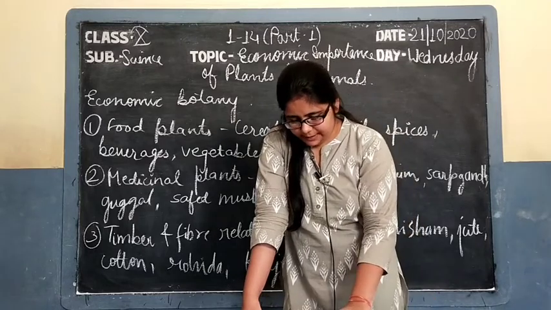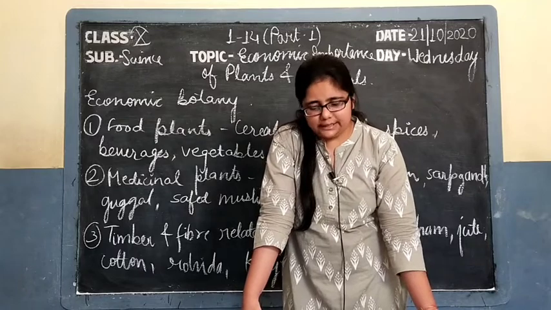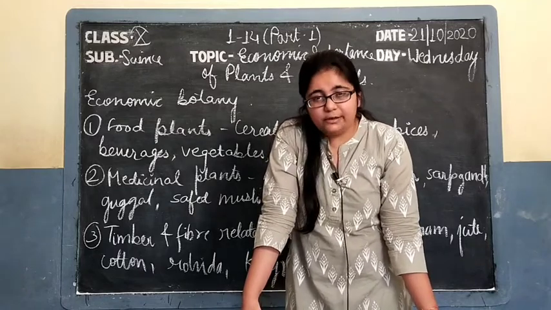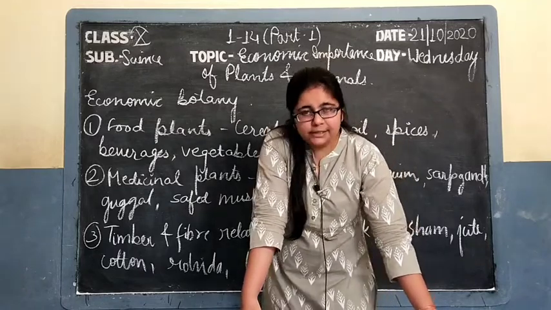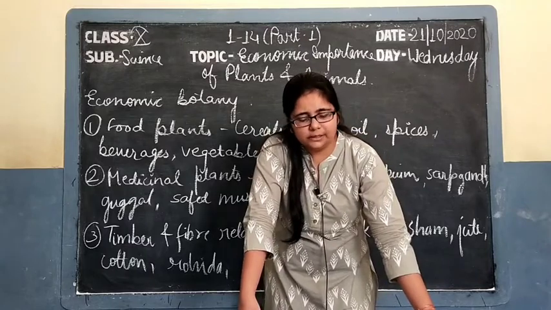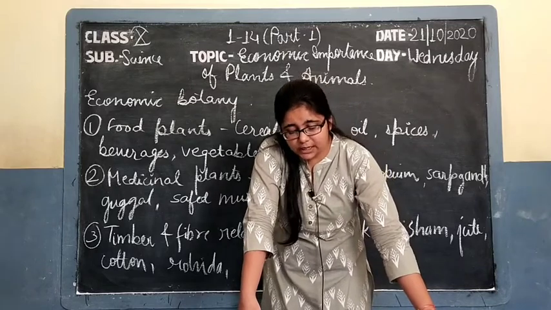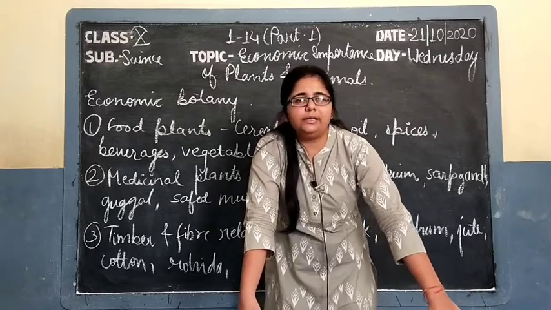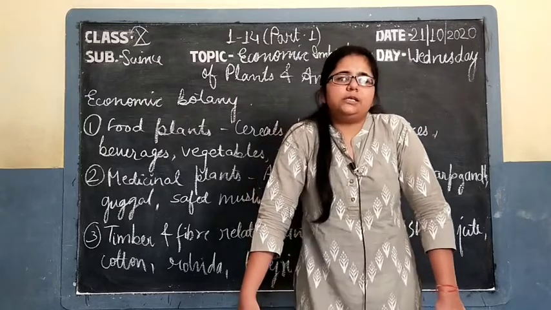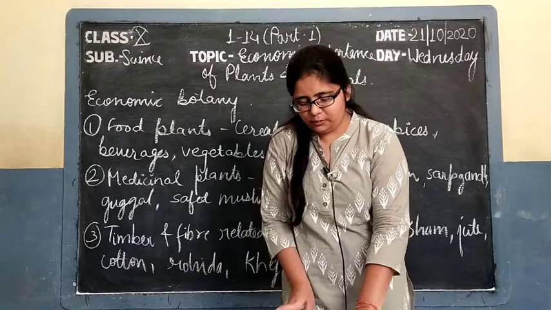Then the important spices, in which the first one is black pepper, the second one is cumin, that is jeera, then red chili, then fennel, that is saunf, coriander, that is dhania, and clove, that is long, ajwain, turmeric, that is haldi, and asafoetida, that is hing, ginger, and dalchini, that is cinnamon, and cardamom, that is elaichi. So these are the spices which are used for improving the taste and also have nutritional qualities.